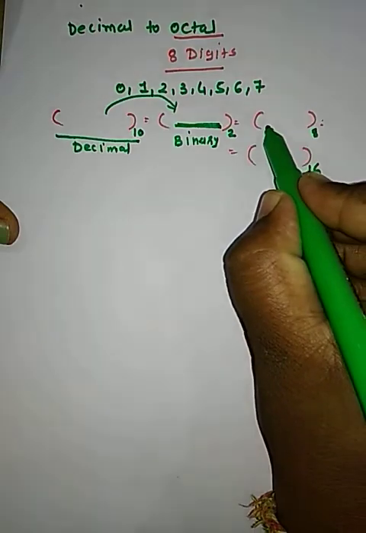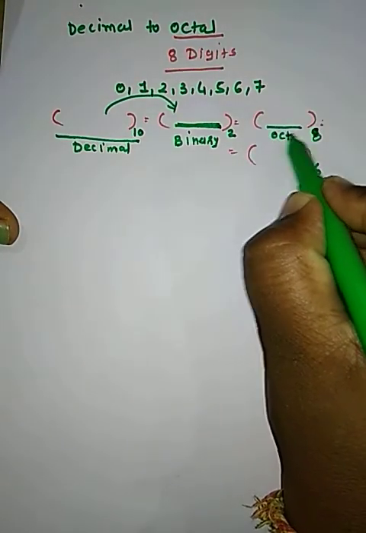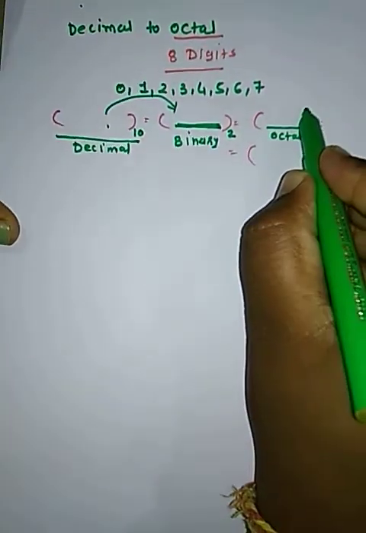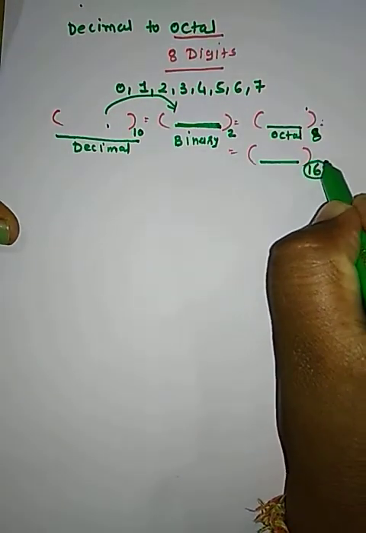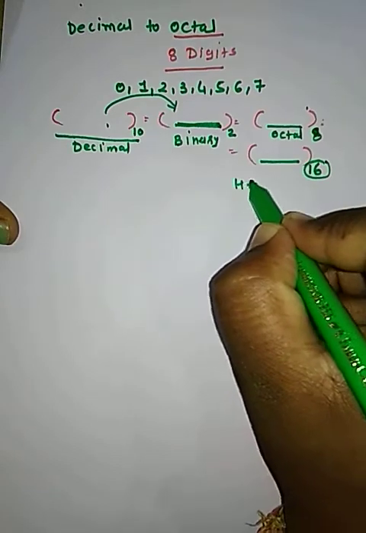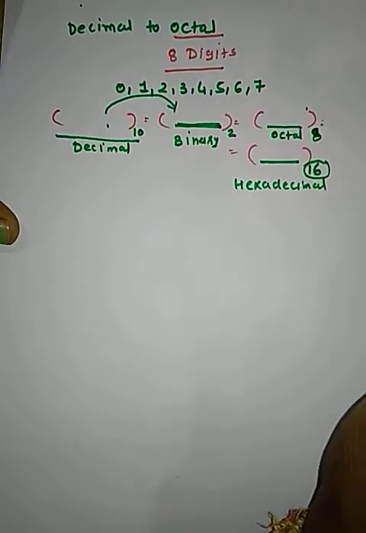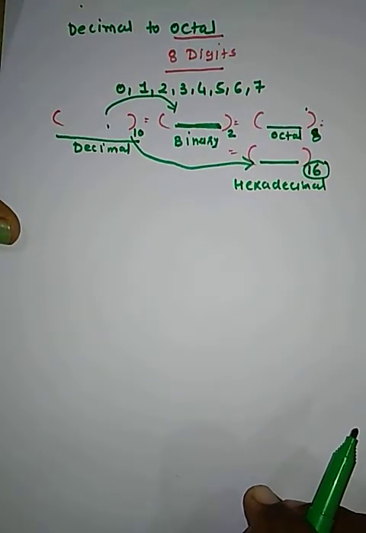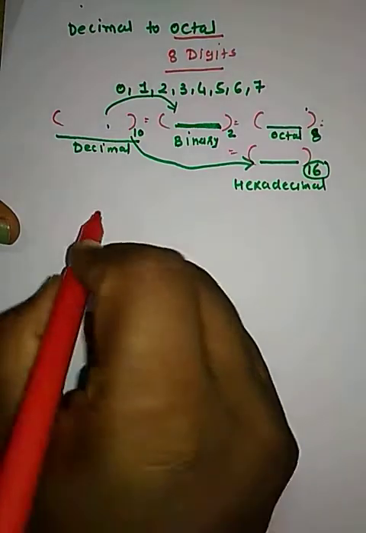Now next there is given 8 in brackets, means this is the octal number. આ કયો નંબર છે? Octal, and this decimal is to be converted into octal. In the third bracket there was written 16, means this is the hexadecimal number. આ કયો નંબર છે? Hexadecimal. We will discuss this hexadecimal number next. Okay, so this decimal is to be converted into hexa. Okay, today we are going to discuss the octal number system.